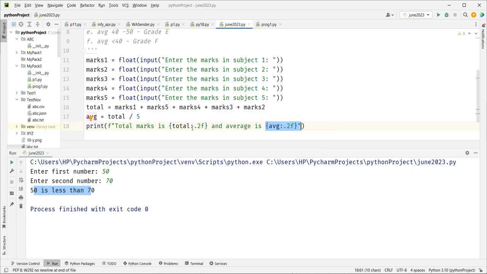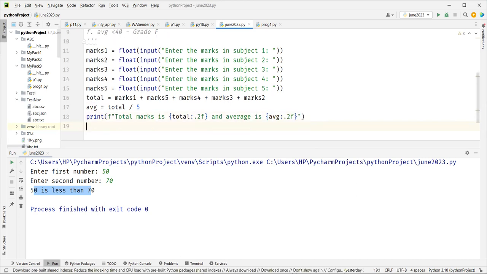Okay, so 0.2f, and average is 0.2f. Okay, so I'm formatting the text. Great. Now I need to calculate the grade,